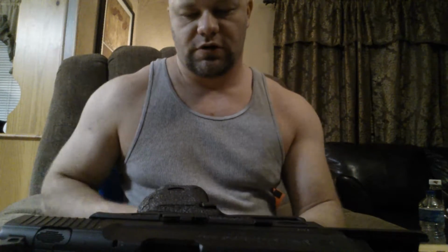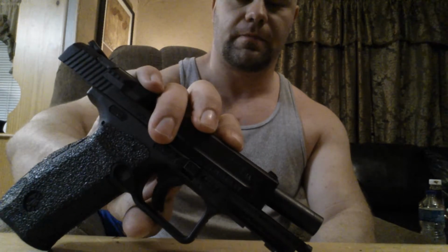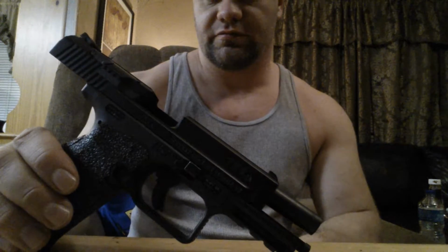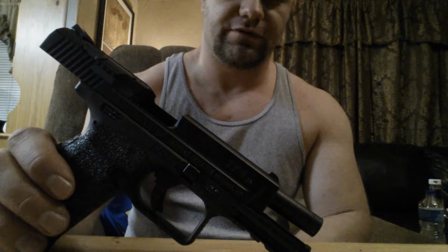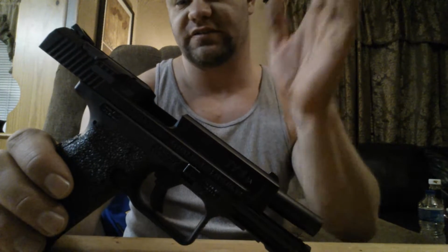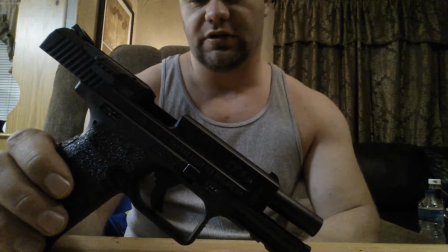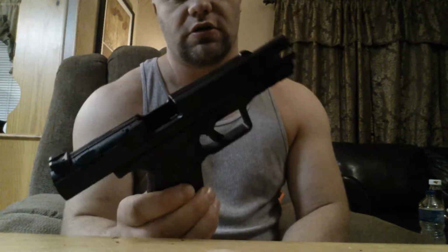Alright guys, I want to do a little video about a Canik TP9SA I got about a month ago, and I've had it out to the range a couple of times. I've run about 3 or 4 mags through it. Fantastic little pistol, and people get on YouTube and start dogging and dissing these little guys,